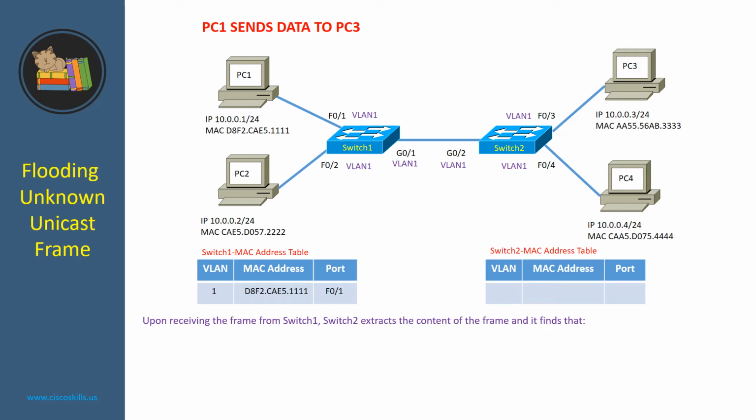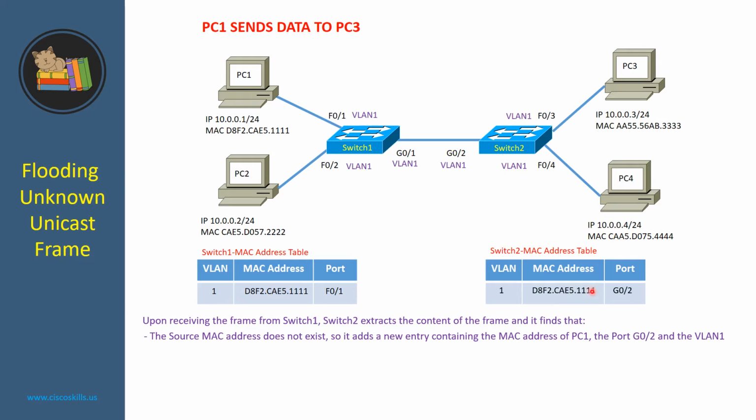Upon receiving the frame from switch 1, switch 2 extracts the content of the frame and finds that the source MAC address does not exist, so it adds a new entry containing the MAC address of PC1, the port G02 where the frame comes from, and the VLAN 1. It also finds that the destination MAC address is not found in its MAC address table, so it floods the frame out to the following active ports: